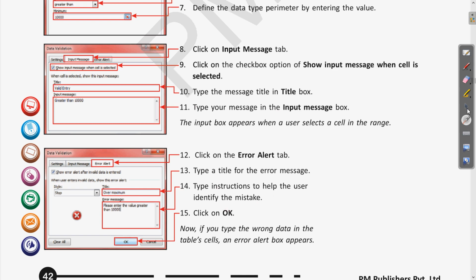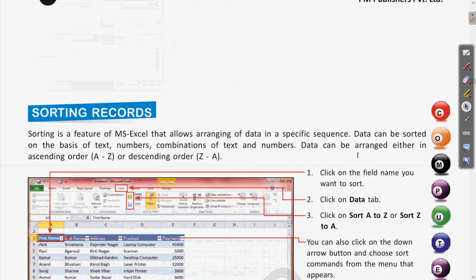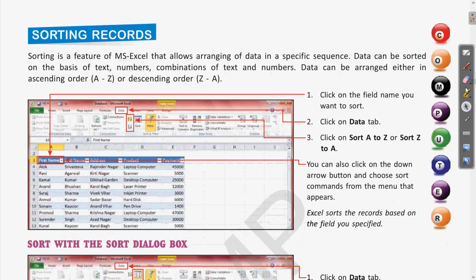Okay, then we have seen sorting records. Sorting, we already know, means arranging the data in a specified sequence. For example, alphabetical, or if there are numbers, then we can arrange them in ascending or descending order. Clear? For that we have seen that whatever data we have, we first click on these headers, and these headers have the arrow button as well, or you can go to the data tab.